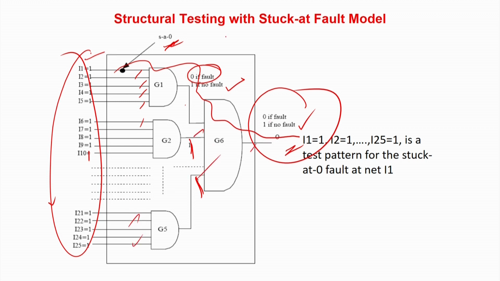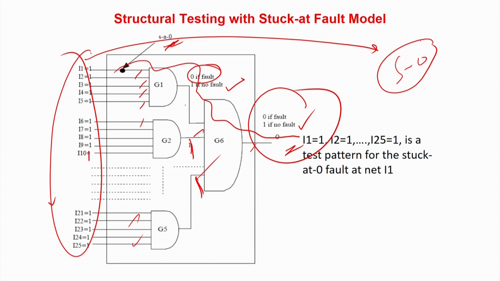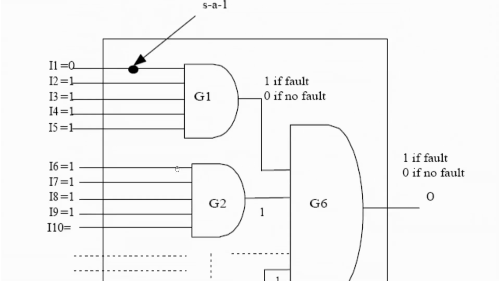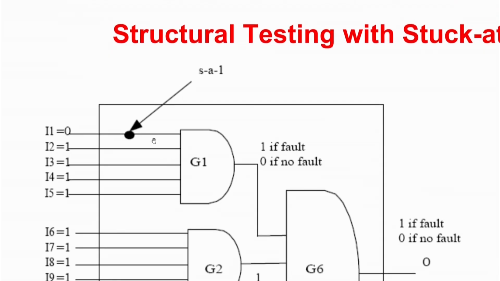That means the single test pattern actually tests multiple stuck at 0 faults in this circuit. That is one very interesting phenomenon which people have found out: if you are able to test circuits with fault models, basically one test pattern will test multiple faults. So here one test pattern is testing all the stuck at 0 faults. I do not need to repeat with a different fault, because each line has to be tested with a stuck at 0 or stuck at 1. But with the all 1 pattern, I have tested stuck at 0 at all the lines.